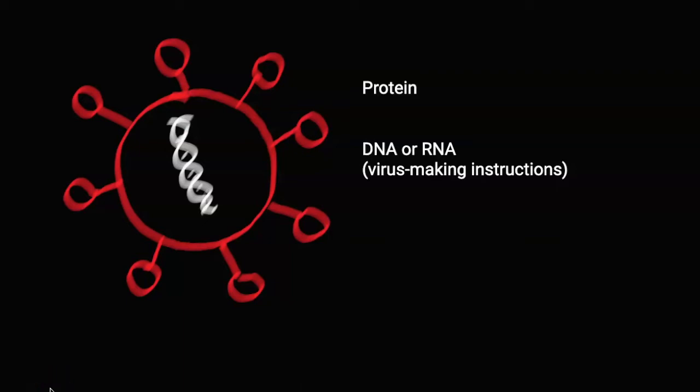So viruses basically contain two major parts. You've got the outer part, which is the protein, and there's different kinds of proteins. Sometimes those proteins help the virus attach to cells. And then you have the instructions that this virus is going to use to trick the cells into making more